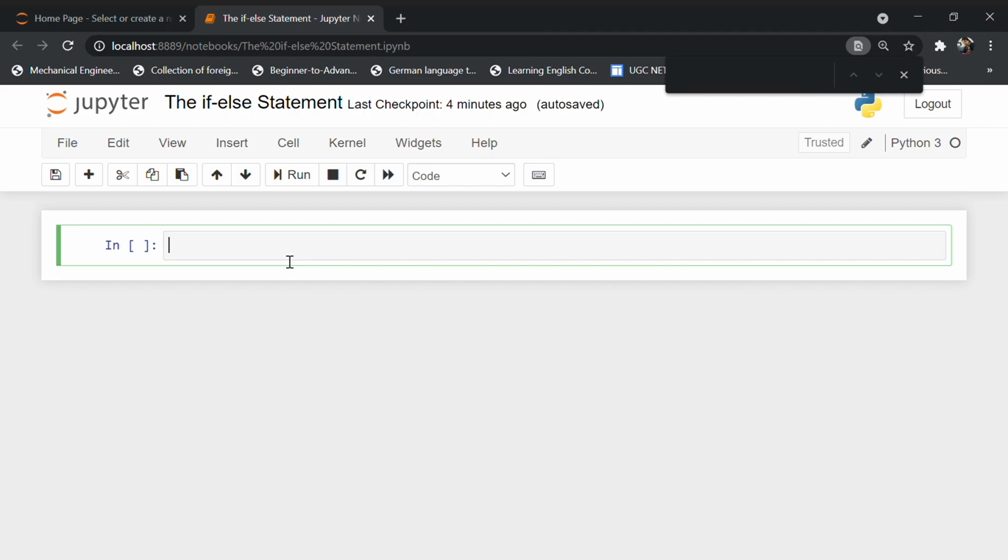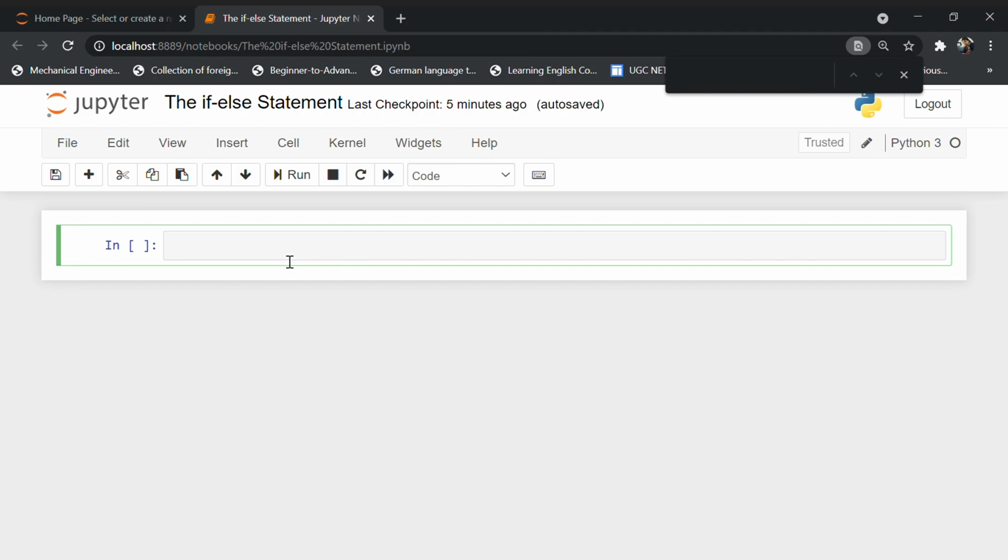So as we have two different types of statement in Python, the first one is simple statement and the second one is compound statement. We have already discussed some simple statements, which use the built-in functions input and print. We have already discussed it, and the link is given in the description box. You can check out the link for the earlier tutorial. The second one is compound statement, so we are going to discuss compound statement today.